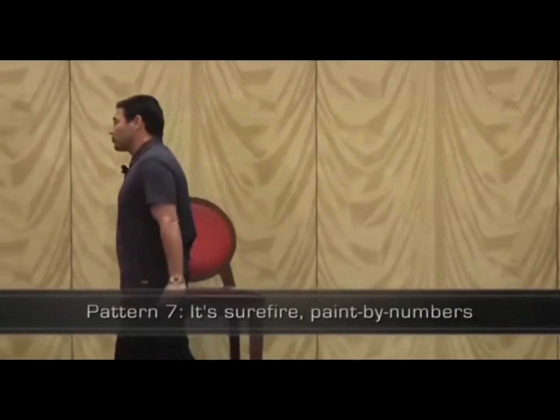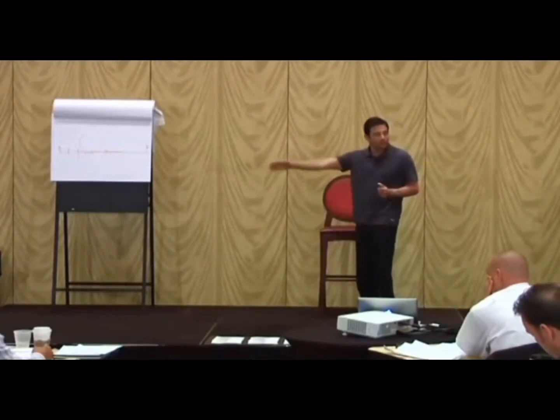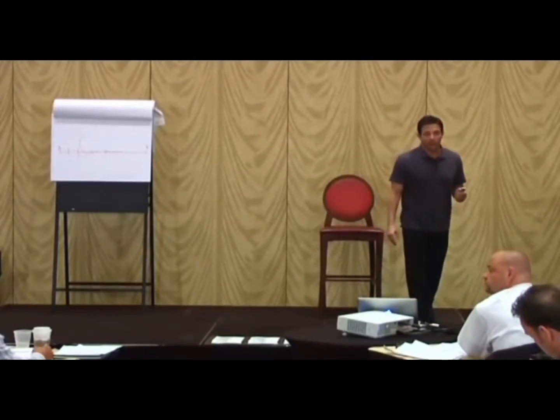That's the pattern, okay? It's surefire, paint by numbers. You have a system. People love buying systems. They love especially turnkey systems that are paint by numbers, step by step, move by move. Money rolls in, freedom rolls out. Paint by numbers. Know your patterns here, and you get a loop with these. Again, same concept. You save the most powerful patterns for last. Why?